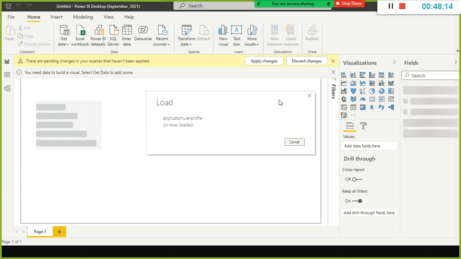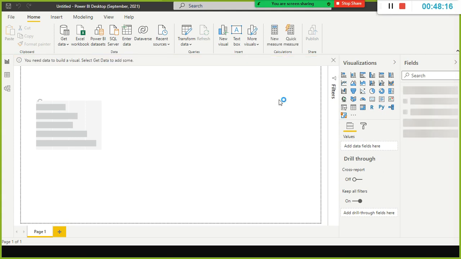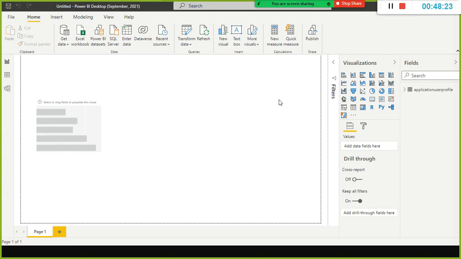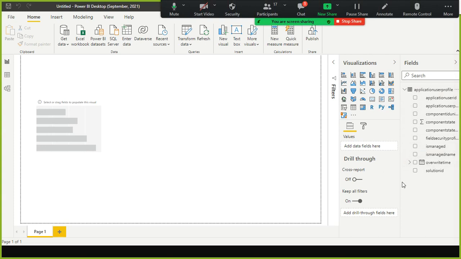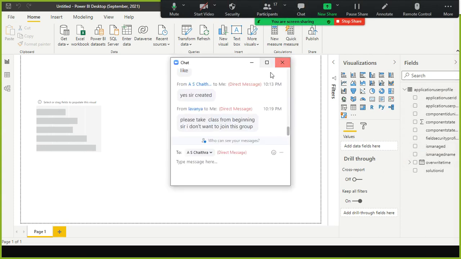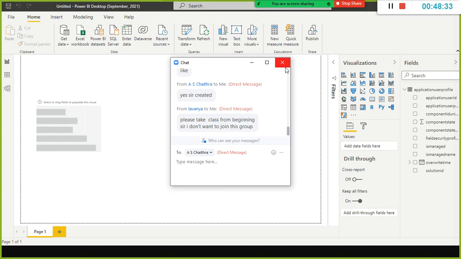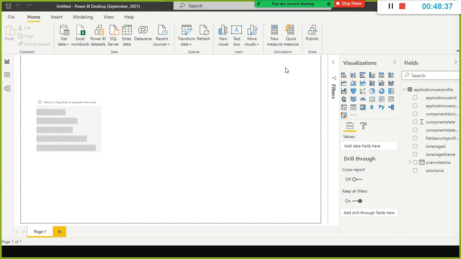Going forward, a minimum 1.5 hour session will be there, so I am not going to cover what is what. We need to take a deep dive. Even if the schedule gets delayed a little, let it be, but at the end of the day, you should learn more. Yeah, Lavanya, we will discuss it later offline. Okay, fine, Lavanya.